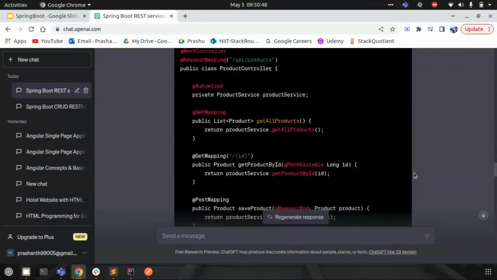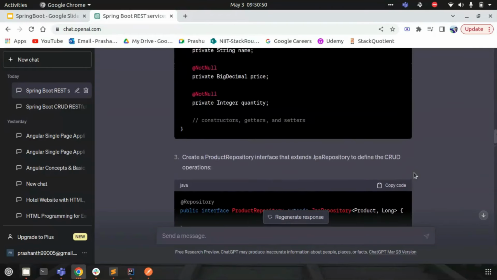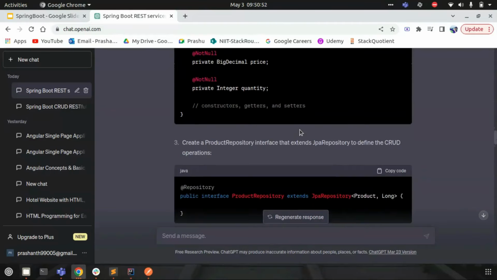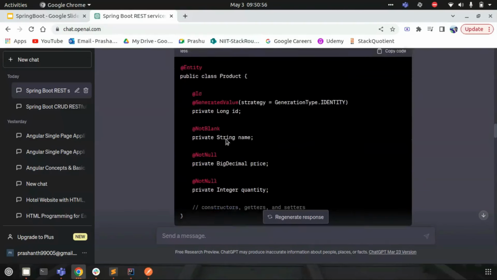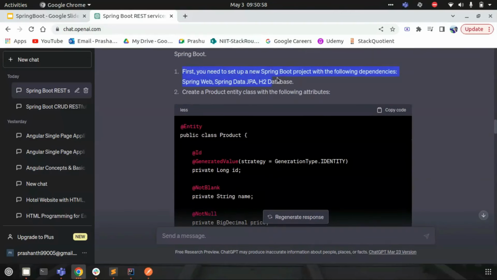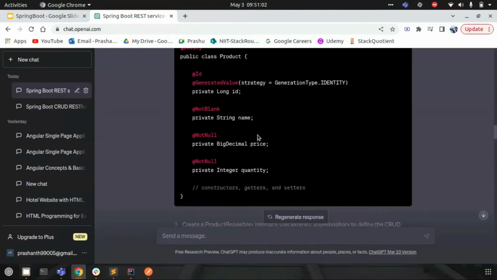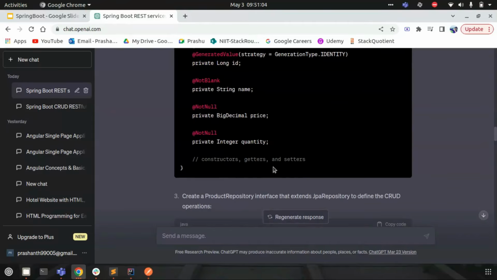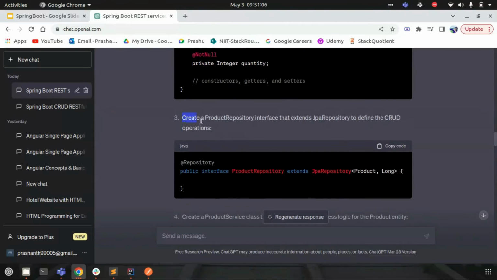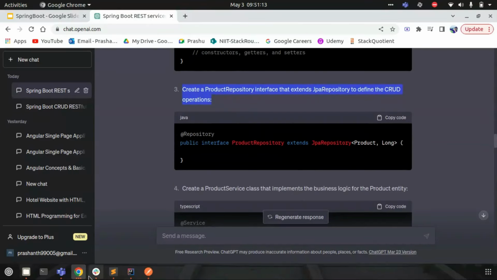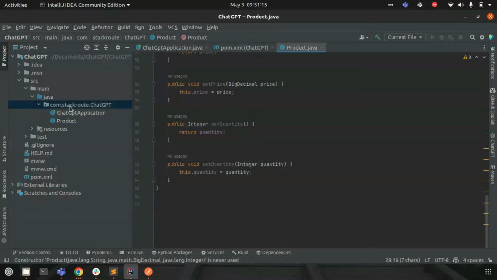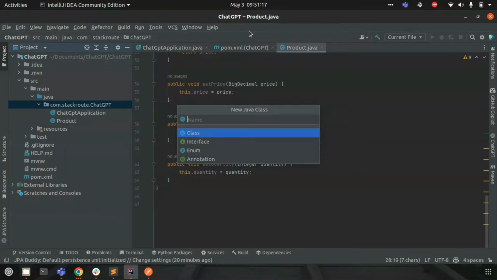So let us go to the very first response that we got to create a new Spring Boot application. So we are done with the first step, creating a Spring Boot application. Second, we created a product entity class along with the getter, setter, and the constructor. And the next thing is to create a product repository layer interface that extends the JPA repository to define the CRUD operations. So for that, let me go to the code again and create a new class named ProductRepository